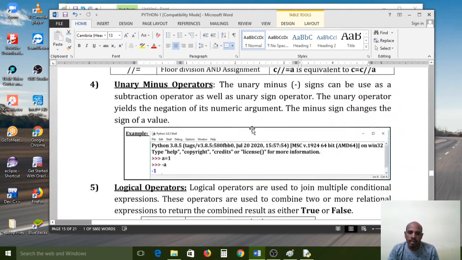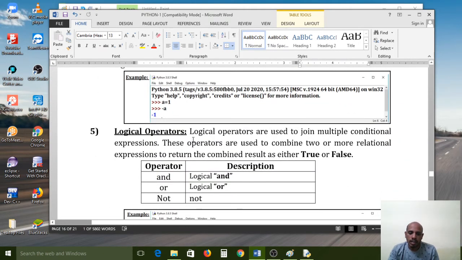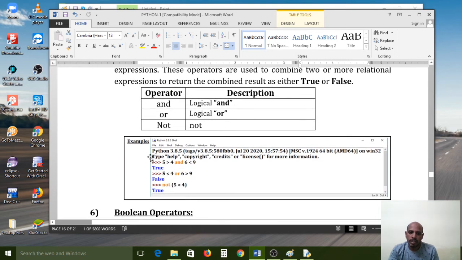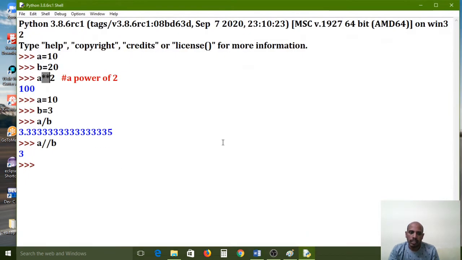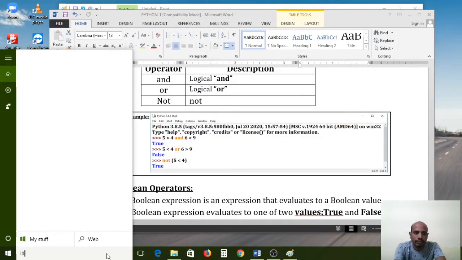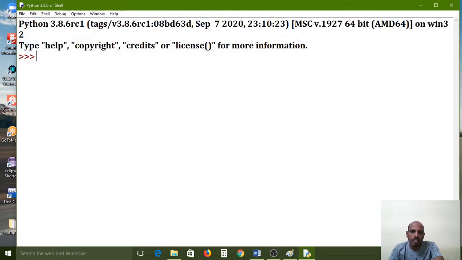But logical operators work on multiple expressions. Logical operators are used to join multiple conditional expressions. These operators are used to combine two or more relational expressions to return the combined result as either true or false. All of you carefully observe, I am showing an example. The first expression is a equal to 10, b equal to 20.